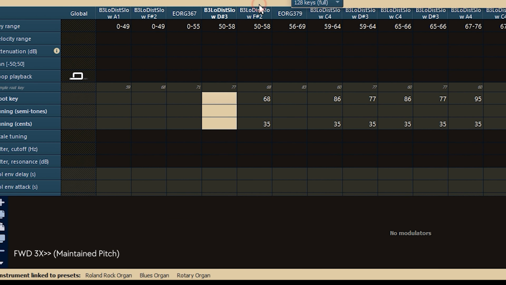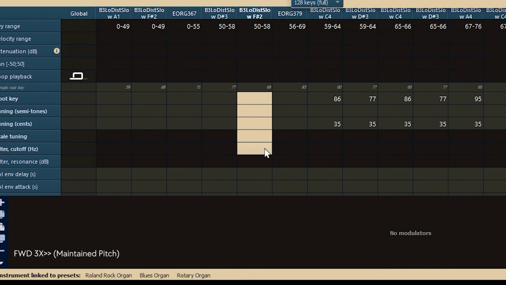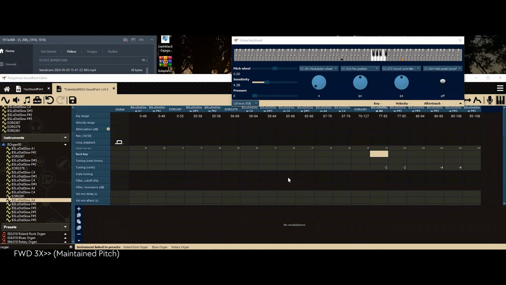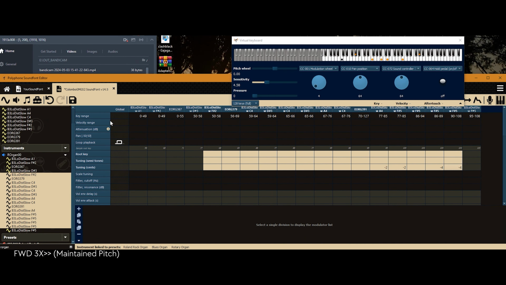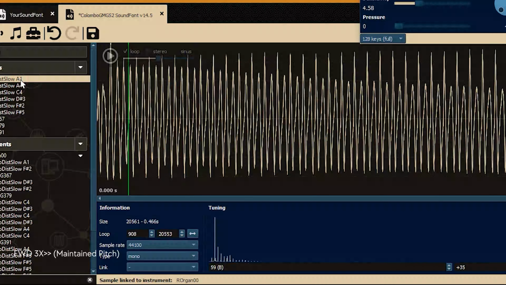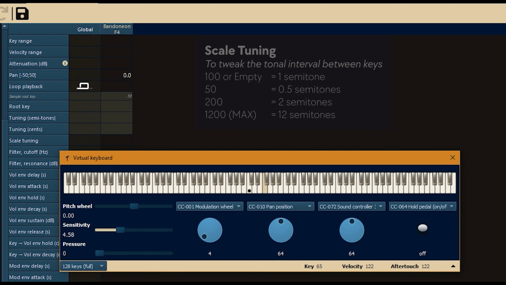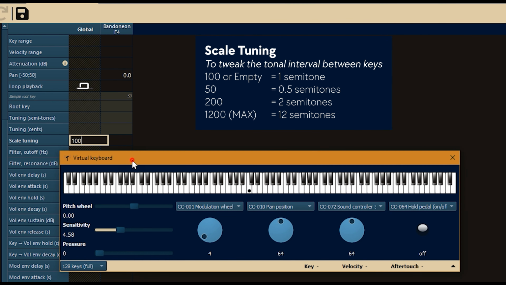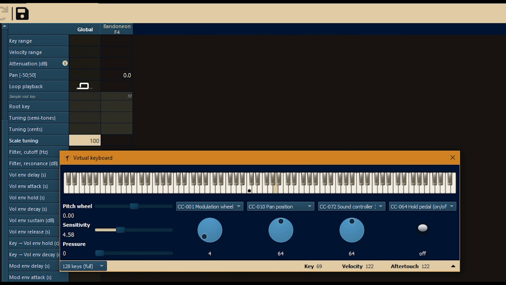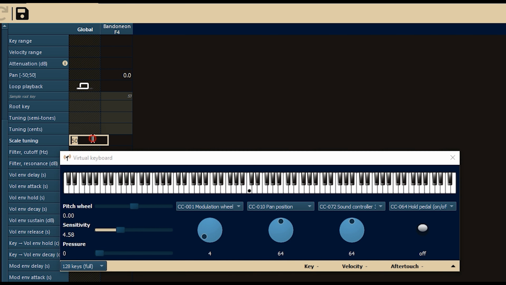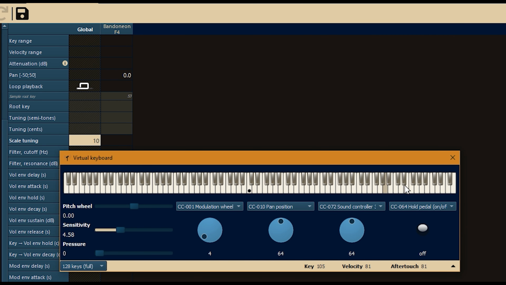Then you're going to need to repeat this same set of values in more instruments that use the sample later on. Then, before it's too late, copy the root key and tuning to where your sample is located in the samples tree and erase those repetitive instances of semitone and cents tuning values from the bound instruments. As a rule of thumb, a key is one semitone higher than its previous key. The default value for scale tuning is 100. It's like a percentage where 100 means that each key is different from its closest neighbor by a complete semitone. If you change it to 50, then the difference between keys would decrease to half a semitone.